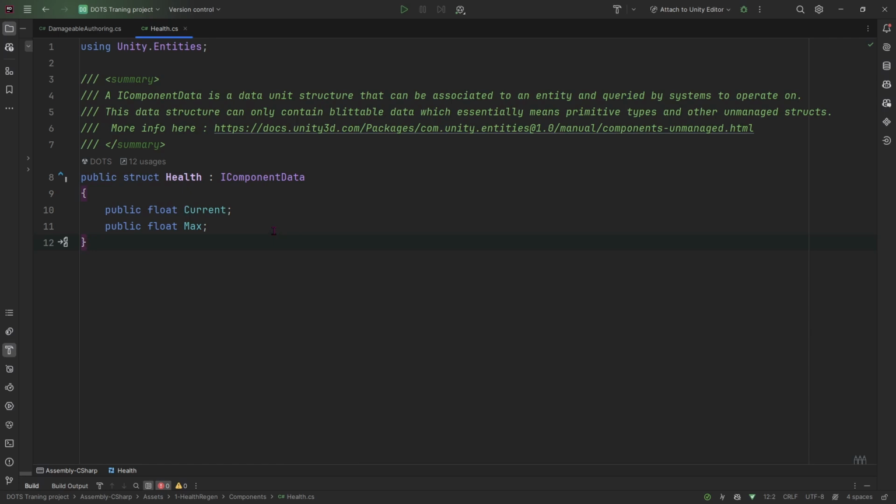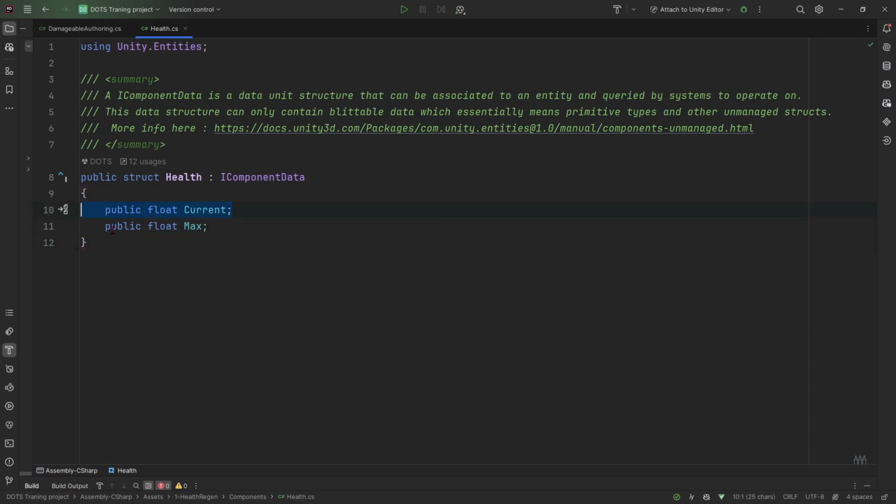What you need to be aware of is that for ECS to work, you need the component to only have what is called blittable data. Essentially, that means primitive types. You can have more information about blittable types in this link. Essentially, it means blittable types or other structs that only contain primitive types.